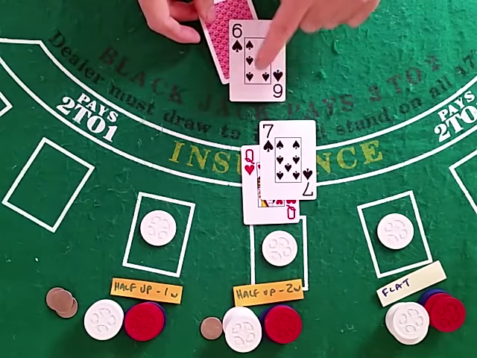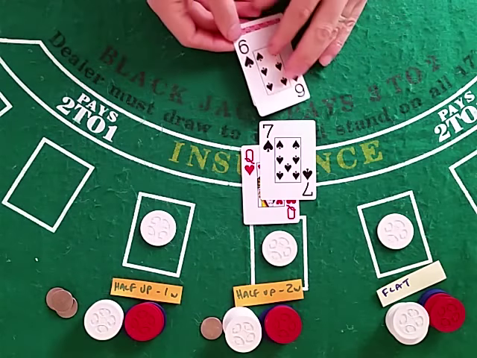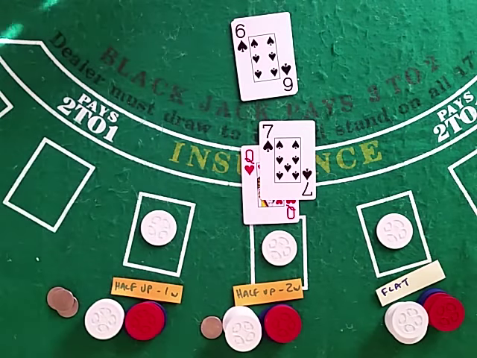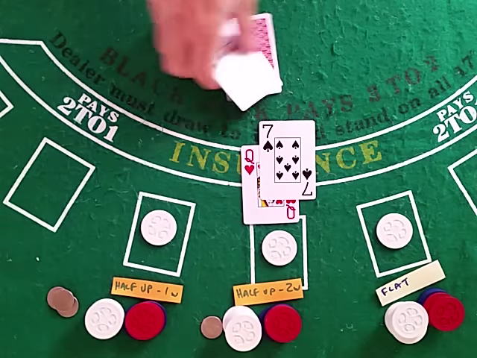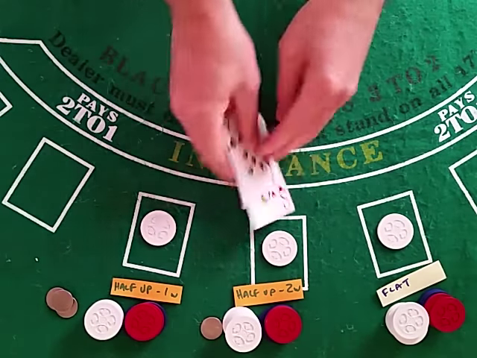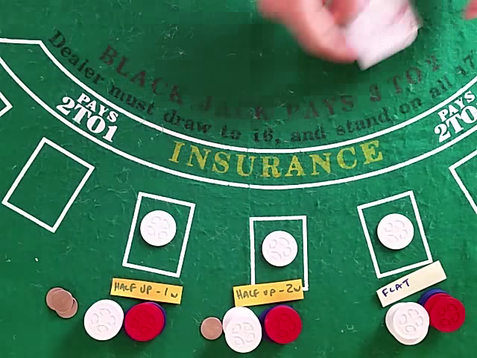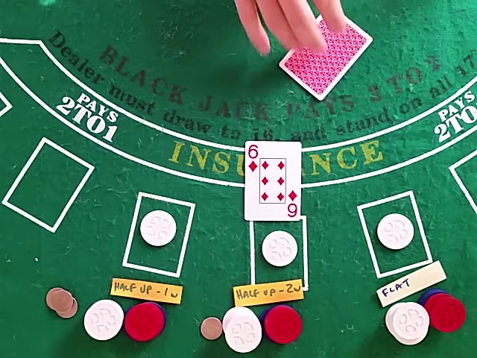I keep forgetting to put this one down and then flip it. Doesn't matter, it's the same card. You just get to see it a little earlier. 17. 17, push. If we were in the progression, we would just repeat the hand. It's an email-based poker game. So what you're doing,